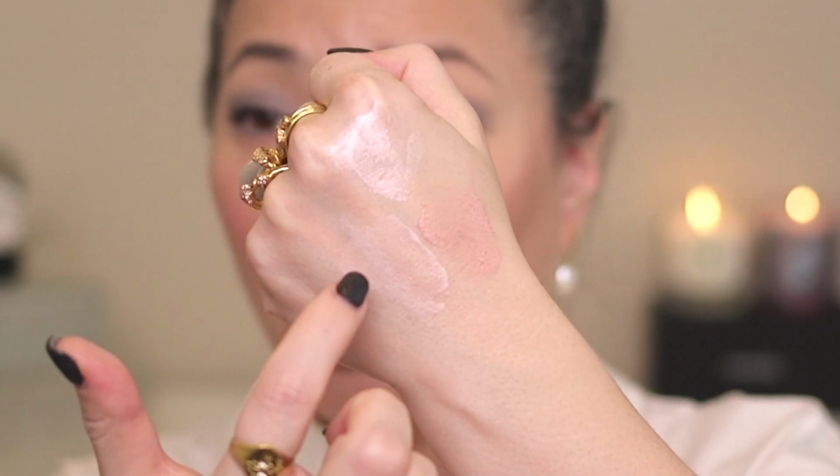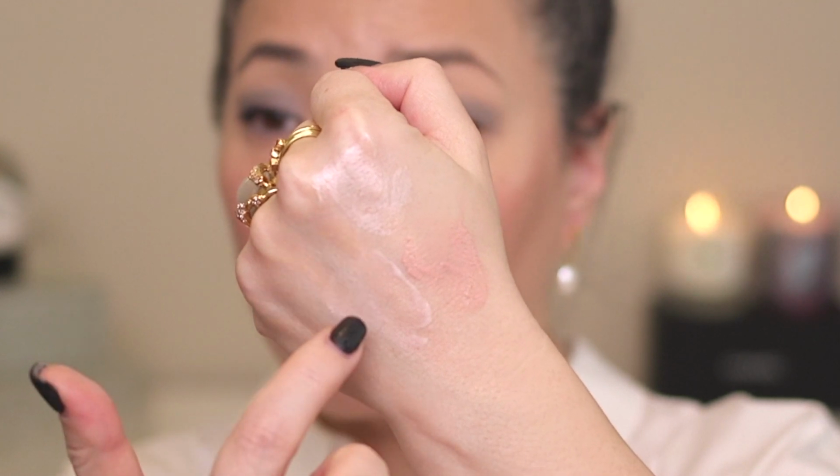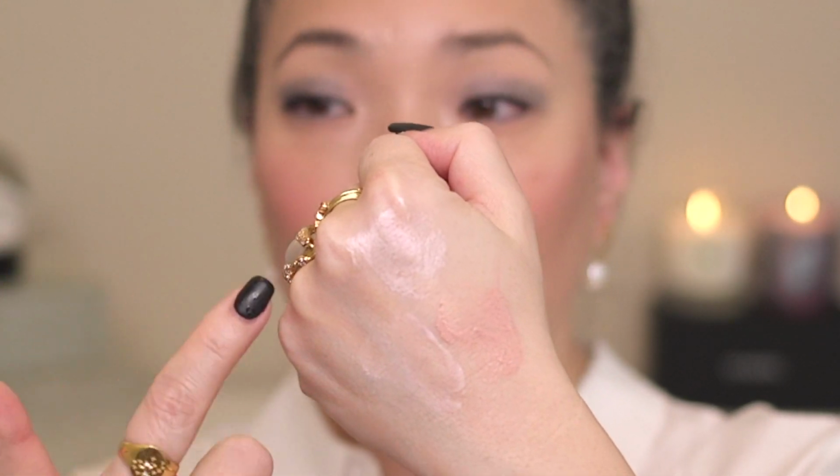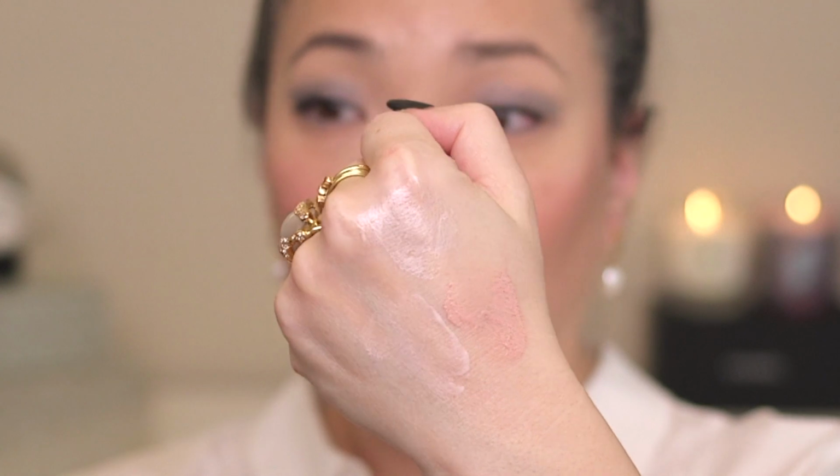The By Terry and the Chanel are actually very similar. The By Terry, I feel like, actually has a stronger pink tint to it, where I feel like the pearliness of the Chanel actually kind of stands out. And one advantage to the Chanel Rosy Light Drops is if you don't like a rose scent, which the By